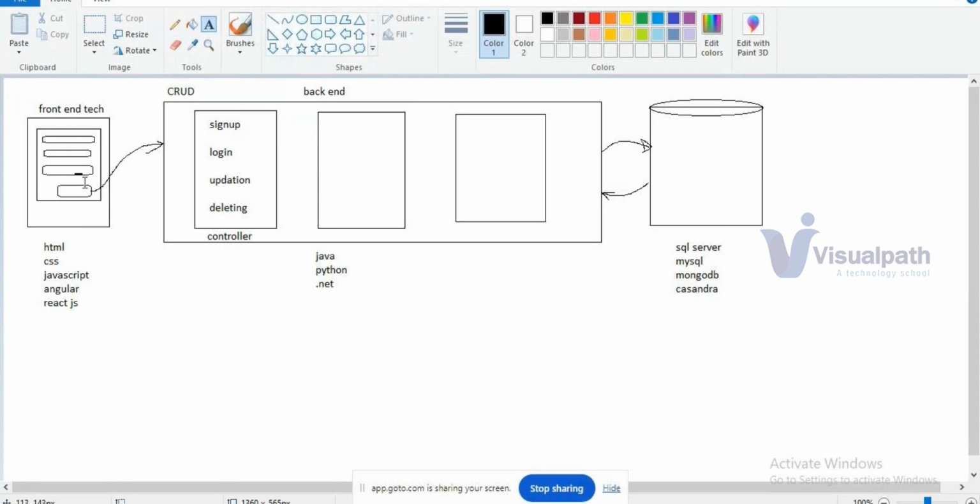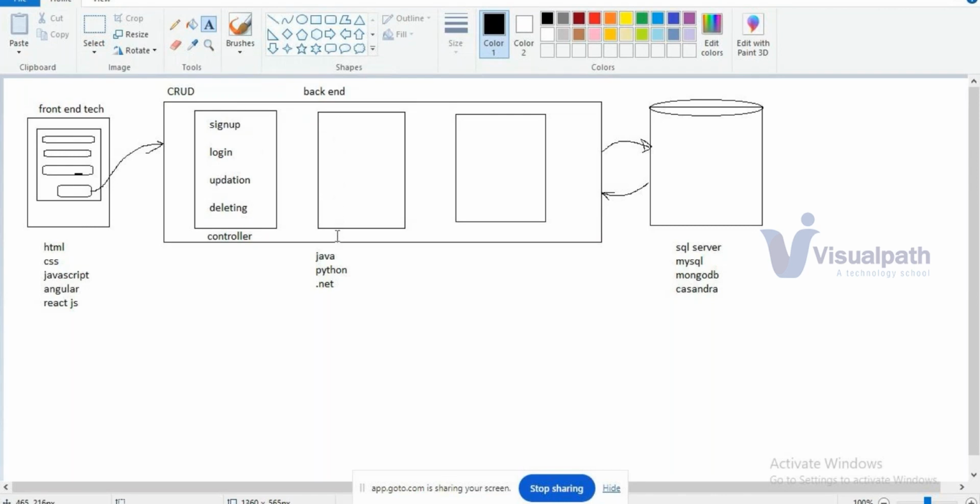If the request comes for sign up, it has to go to the sign up logic. If it comes for login, it has to go to the authentication process. For an update, it will go to the update function. In this way, it will redirect the request to the